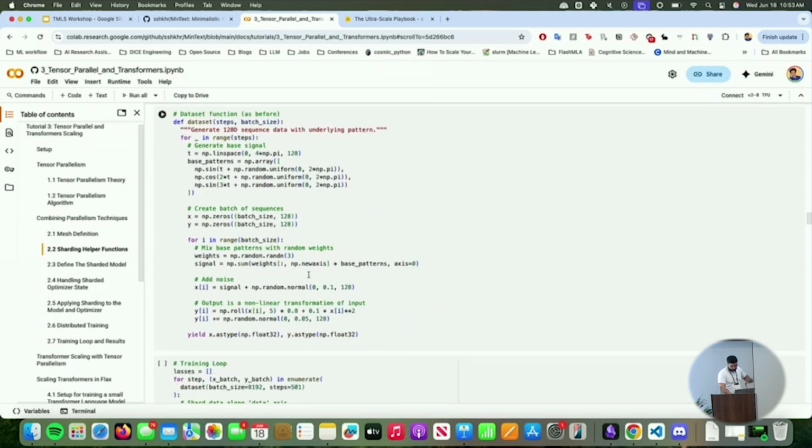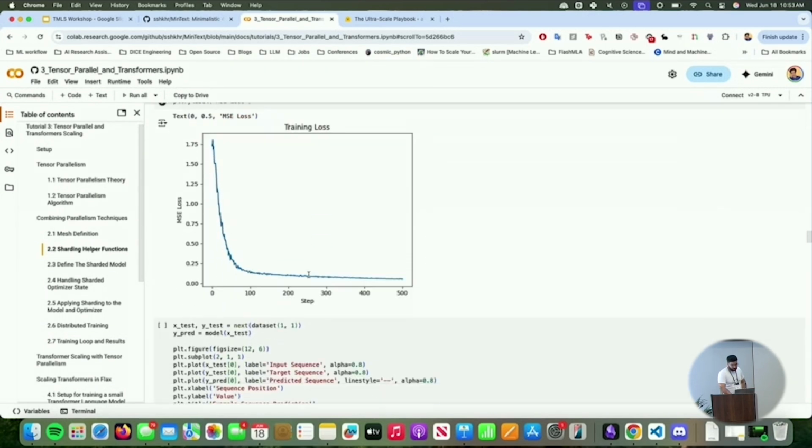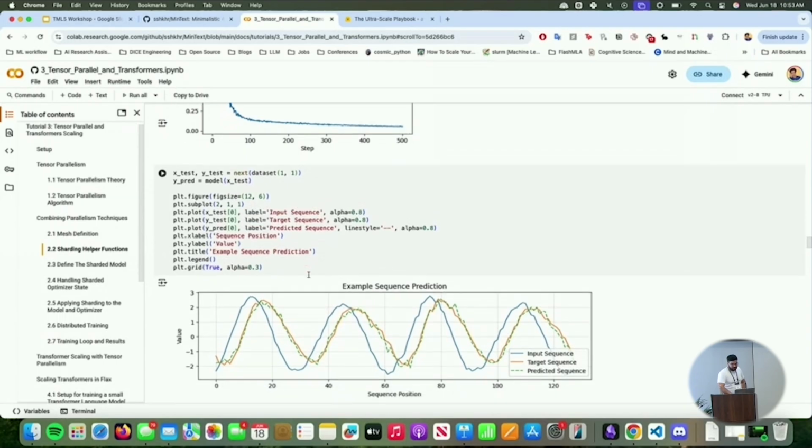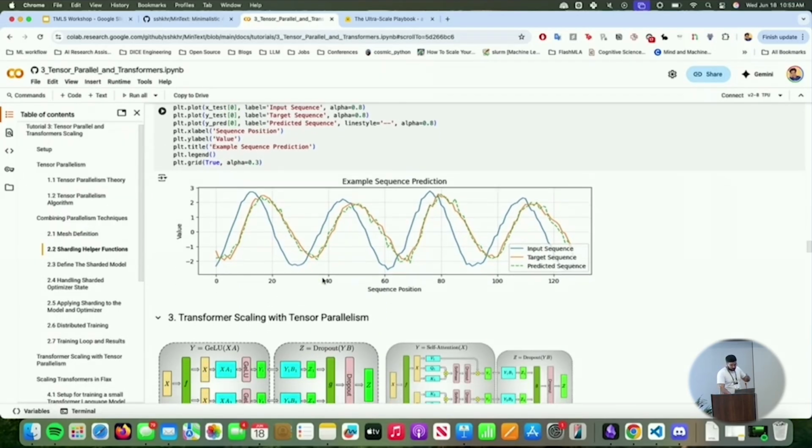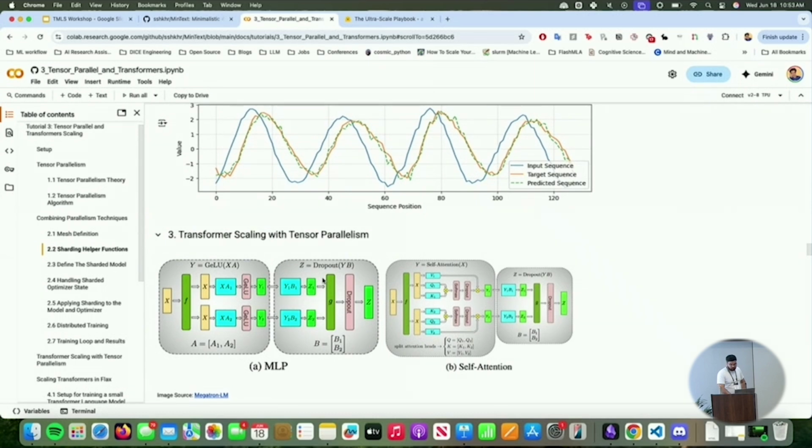Same exact data set that I used before, this fake data set that I created, and then I train it with 2D parallelism now, where our data is sharded across a dimension of 2. So 4 TPUs have one shard of the data, the other 4 have the other shard, and the model is split up across 4. So groups of 2 TPUs have each shard,